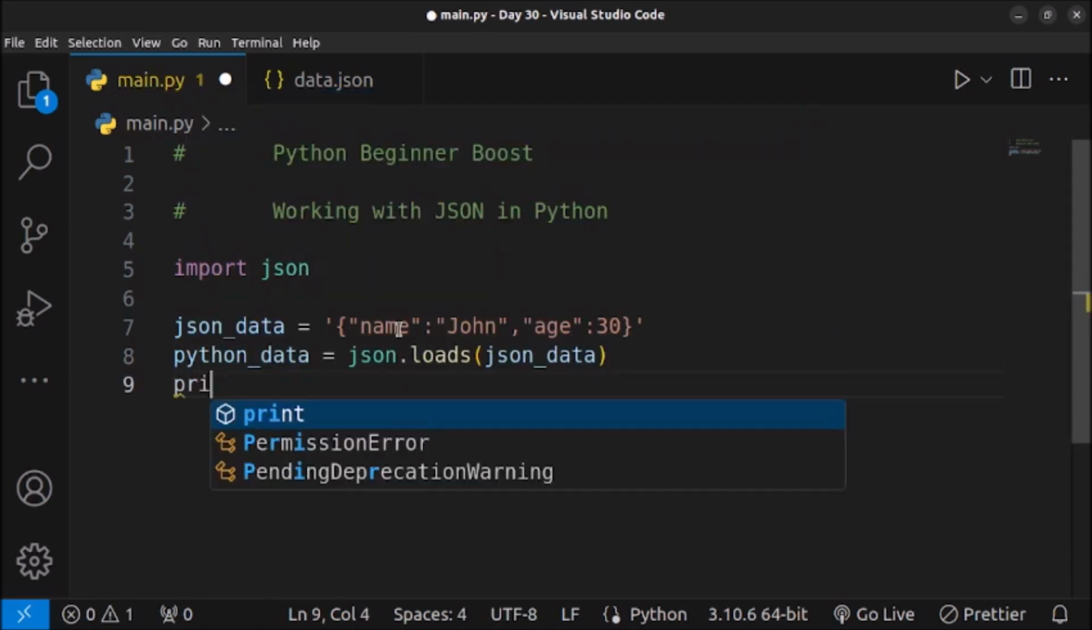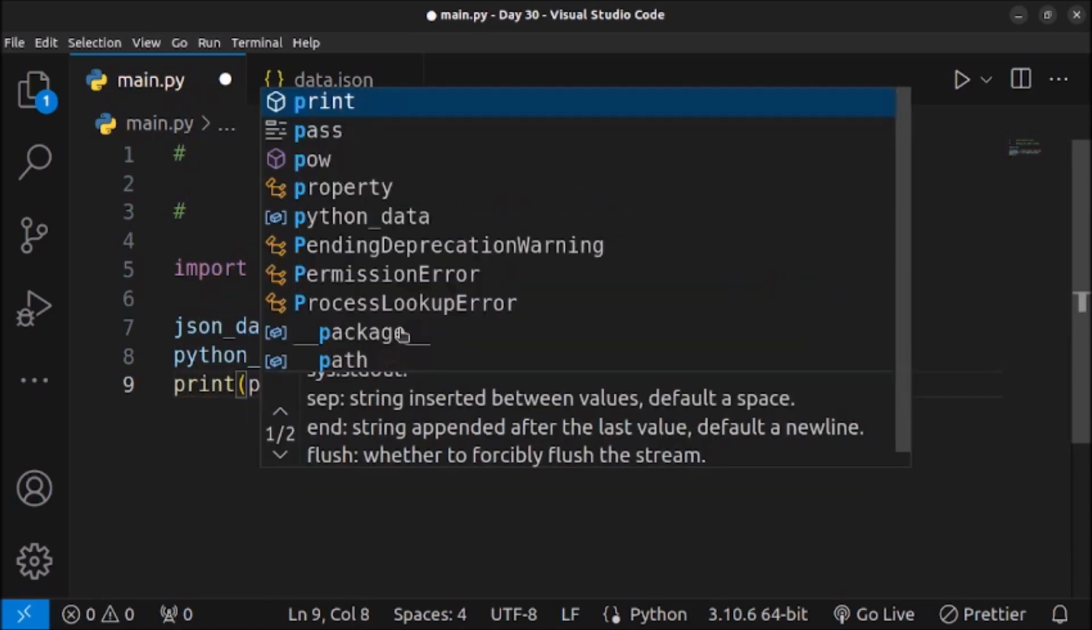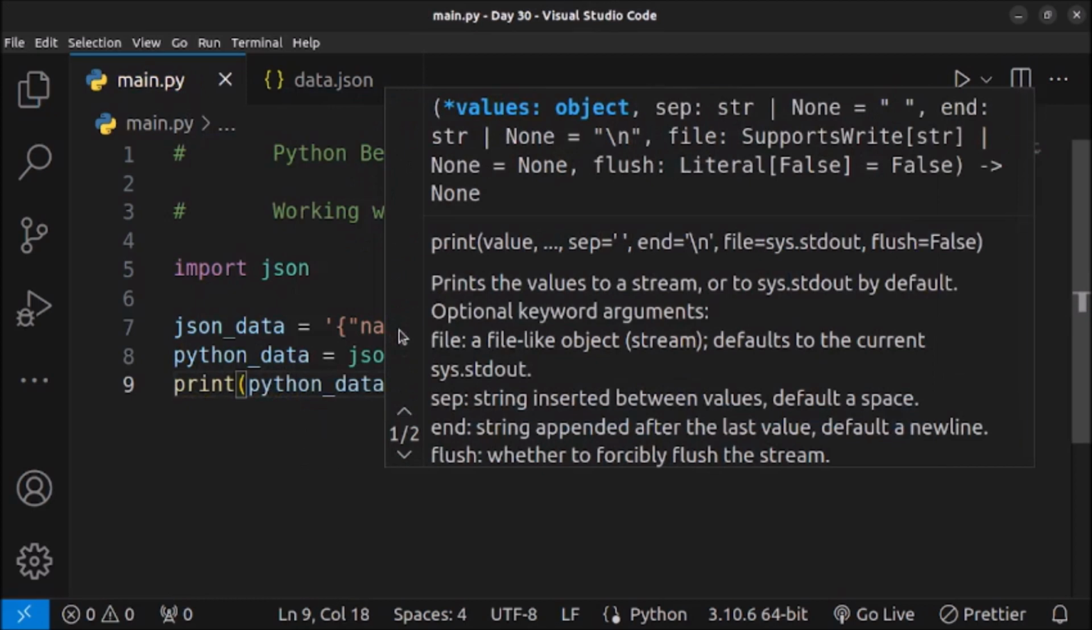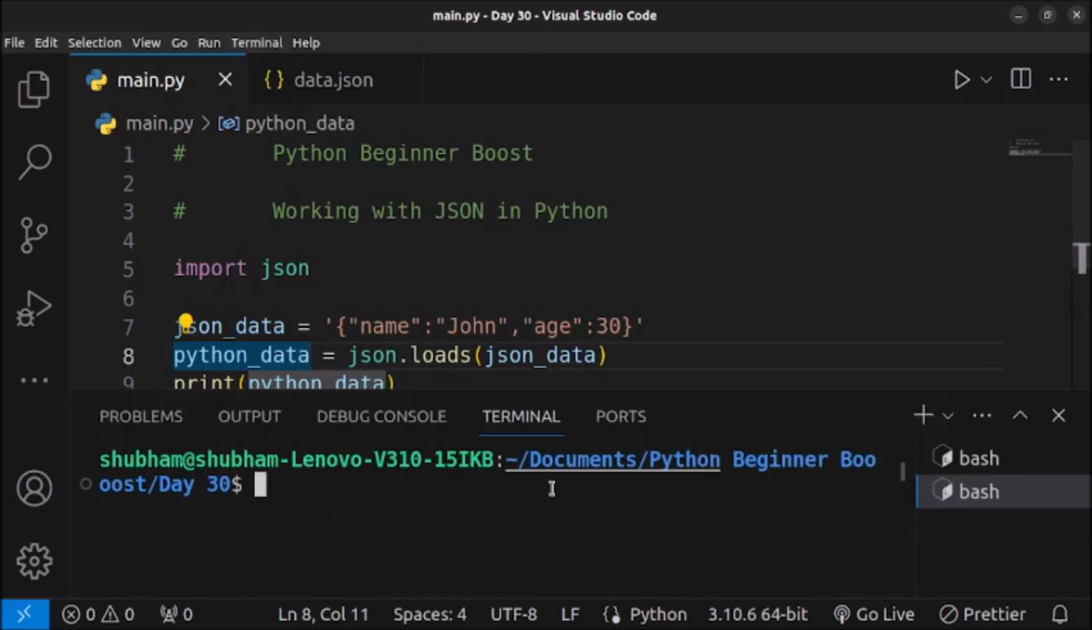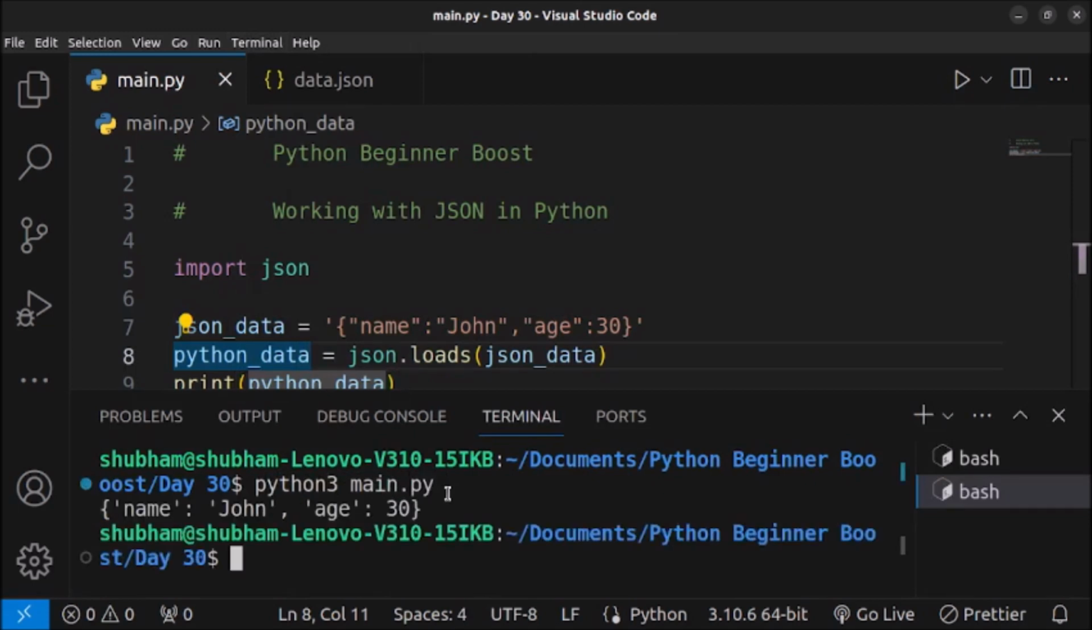Now let's try to print this Python data, and as you can see, I have printed it. Let me execute the code. For that, I will open my terminal and write the command python3, after that the name of the file, main.py, and press enter. As you can see, the JSON data, which is a name and age, is converted into Python